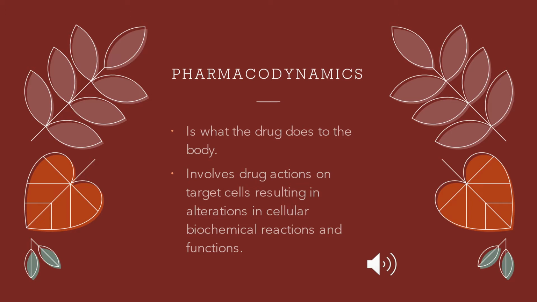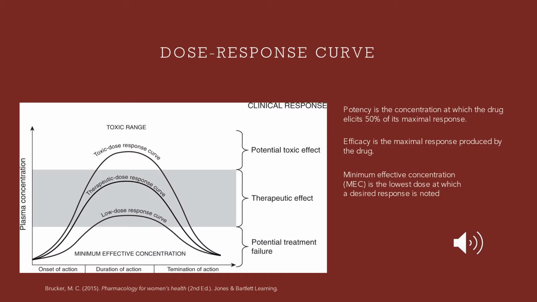Pharmacodynamics is what the drug does to the body. It involves drug actions on target cells and the resulting alterations in cellular biochemical reactions and functions. Pharmacodynamics is the study of the relationship between the concentration of a drug in the systemic circulation and the biologic response that occurs, often termed the